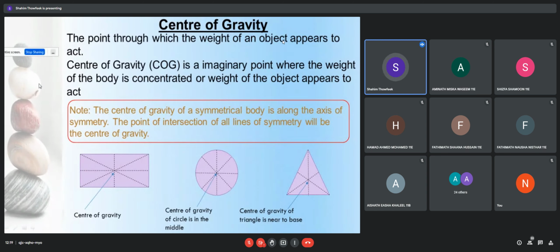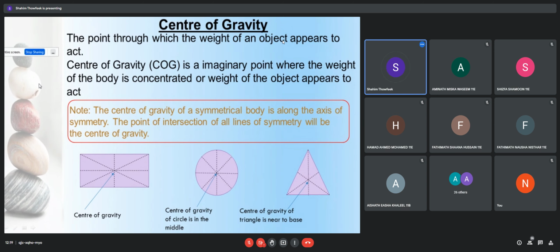The center of gravity of a symmetrical body is along the axis of symmetry. It's a very important point. If the body or the object is symmetric, then the center of gravity will act along the axis of symmetry. Actually, where along? The exact point is the point of intersection of all lines of symmetry, which will be the